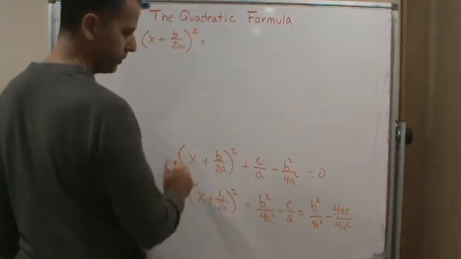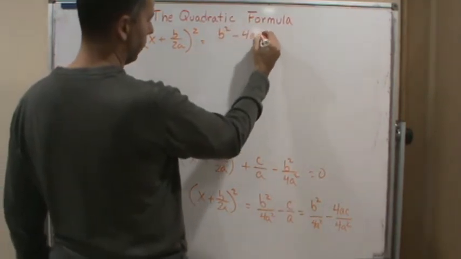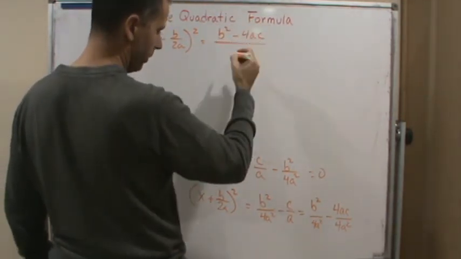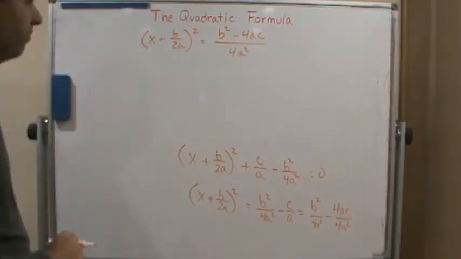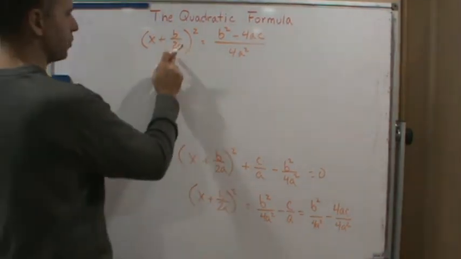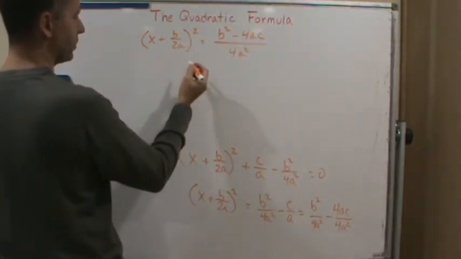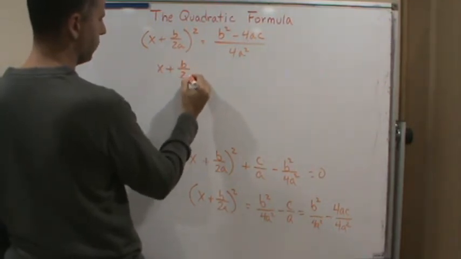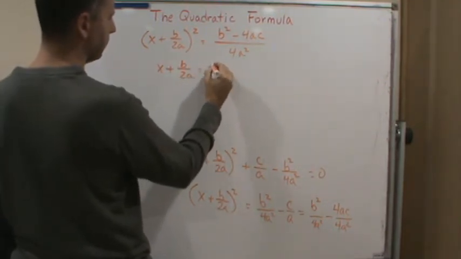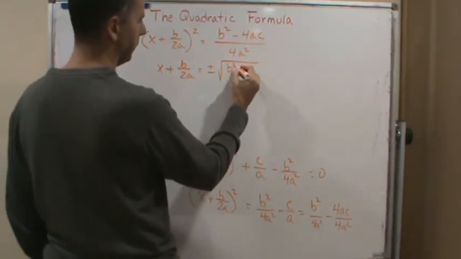I'm going to get b squared minus 4ac over 4a squared. Okay? And so now I'm going to take the square root of both sides. I get x plus b over 2a equals plus or minus the square root of